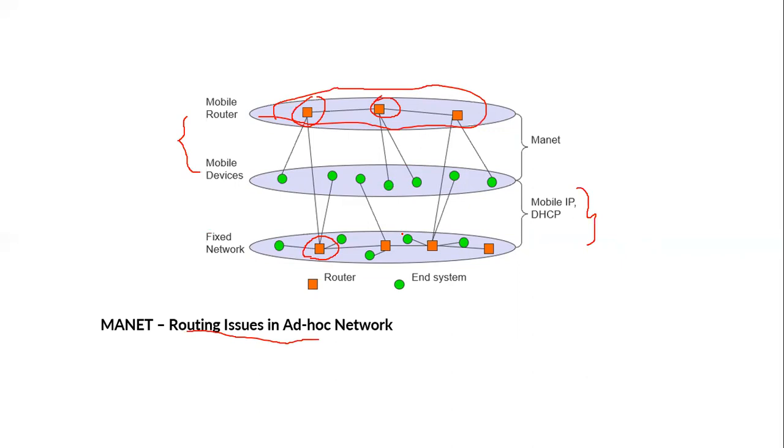The greatest challenge with the mobile ad hoc network is routing, because how will we route packets when there is no fixed infrastructure? With cellular networks, routing is possible because there is a fixed backbone with things like VLR and HLR, and also HA, FA, and COA addresses. With these, routing is done in cellular networks with fixed network support. But in a mobile ad hoc network, there will not be any fixed infrastructure. So lots of research is going on in routing, and routing need not be confined only to layer 3. It may move to layer 2 also.